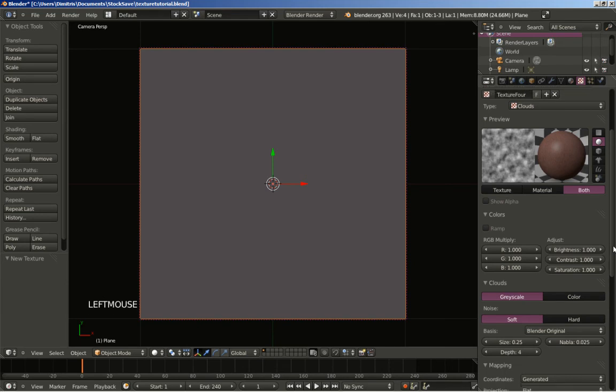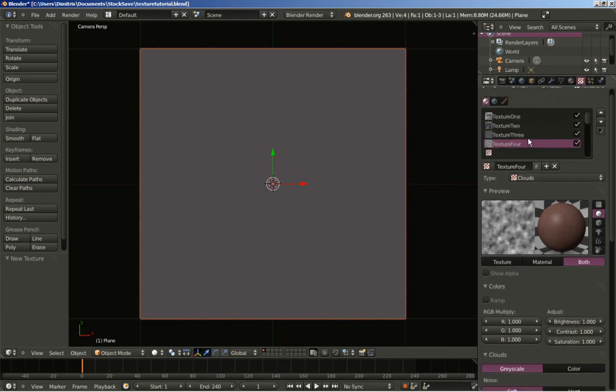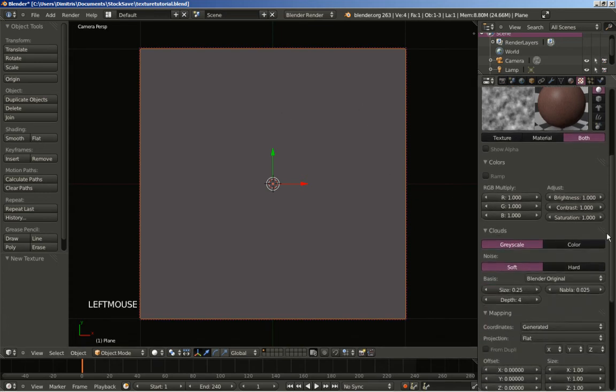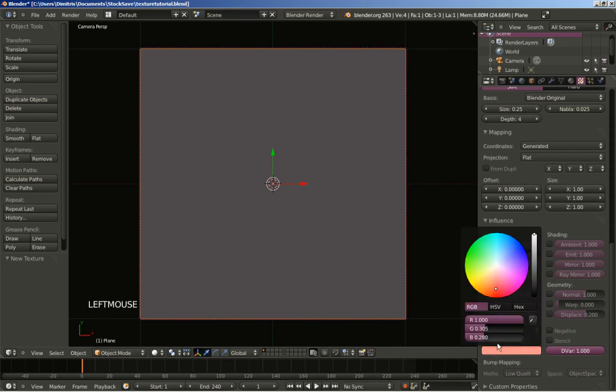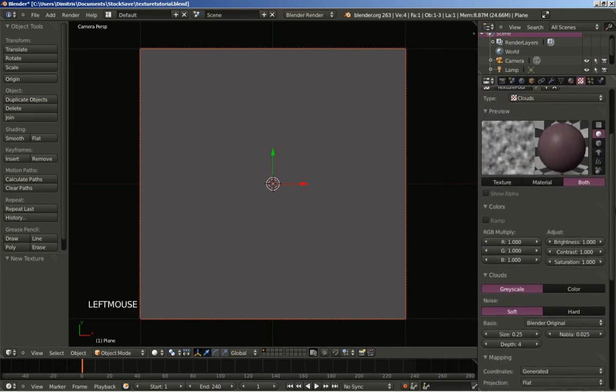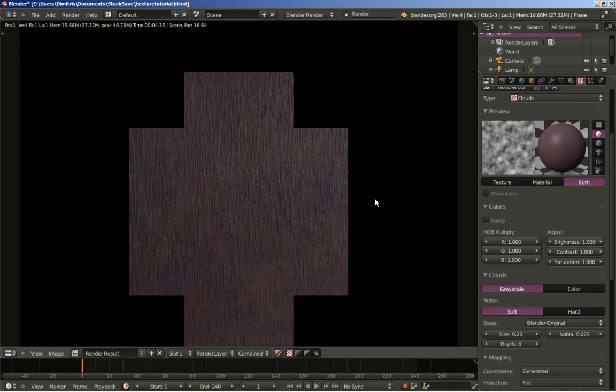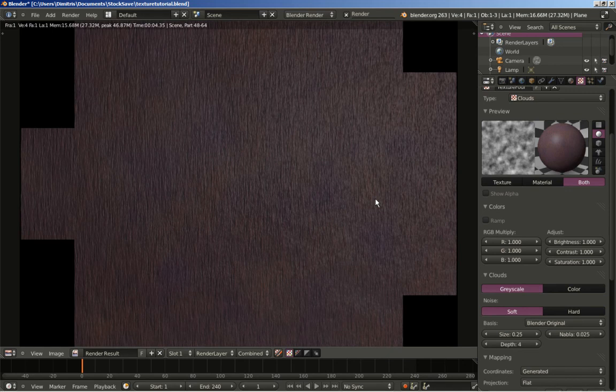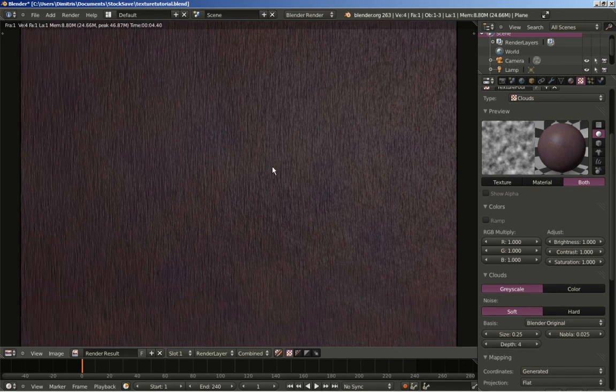Now, whenever you have doubts about whether your texture affects the material, you can always try to change the color to something crazy,